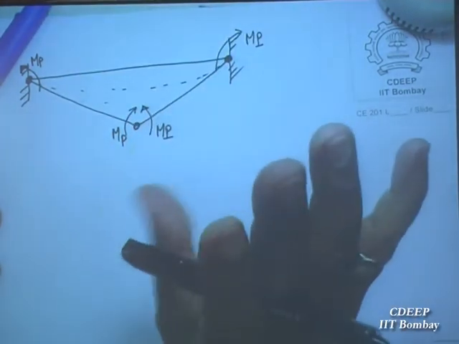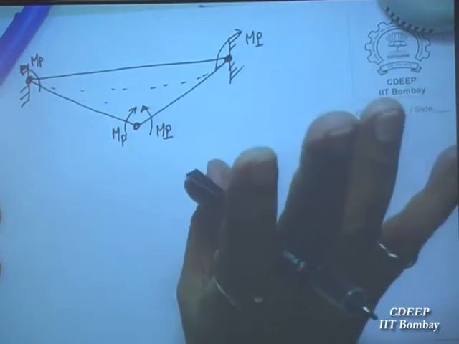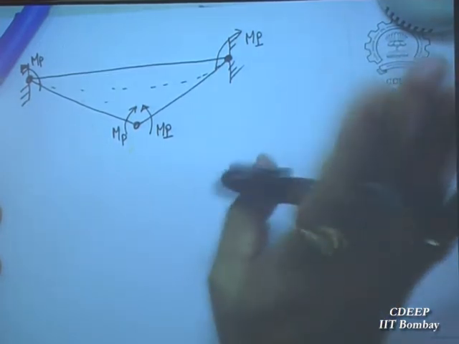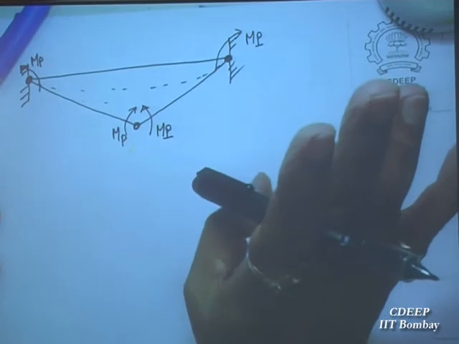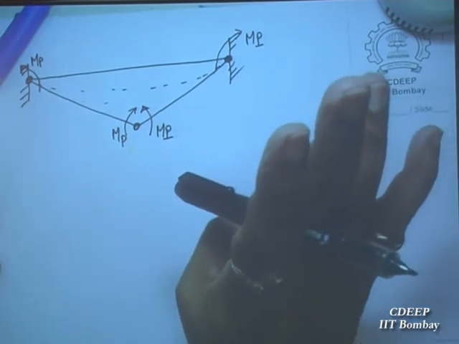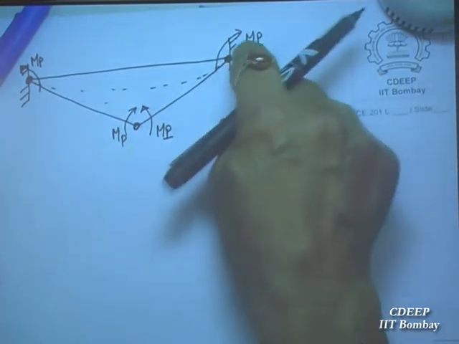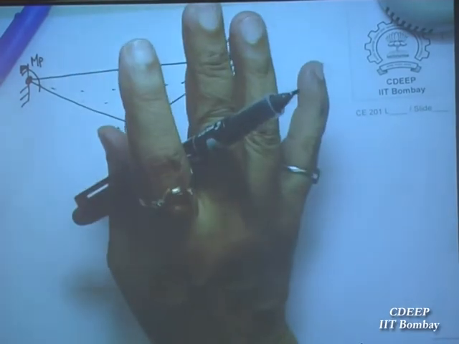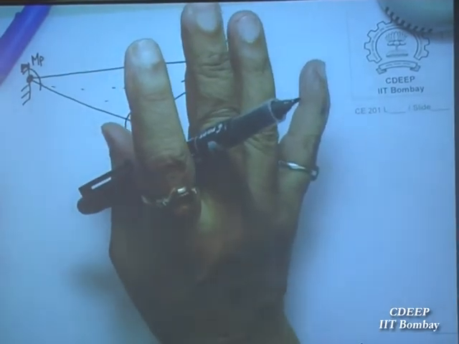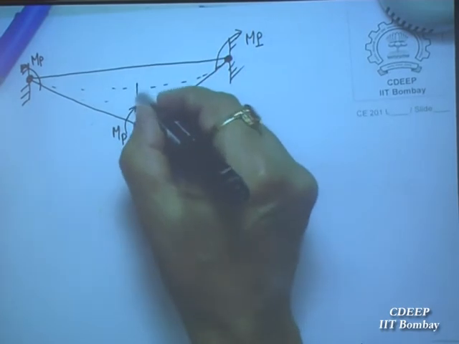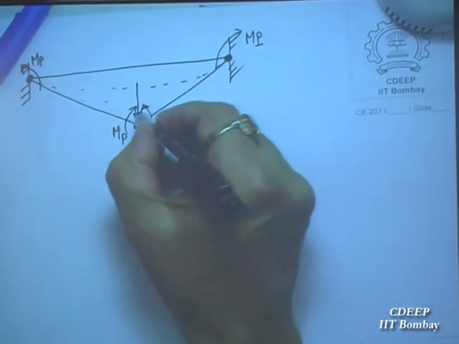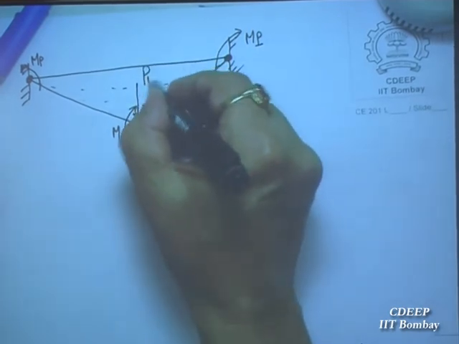It can be moved up and down. So this is called failure. This is no longer a structure. A mechanism is not a structure, because it cannot take load; once you apply load, it will deform further. This will become a mechanism. Okay. So then this load P will assume Pu at this stage.